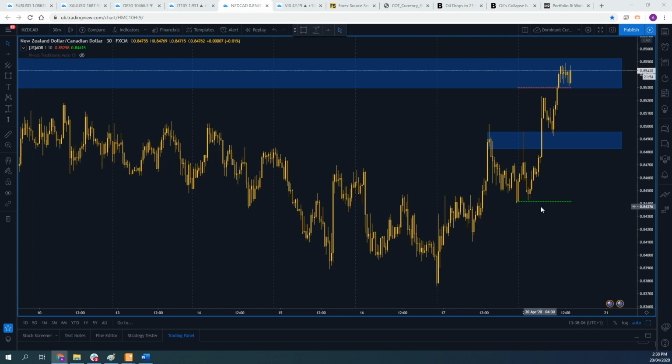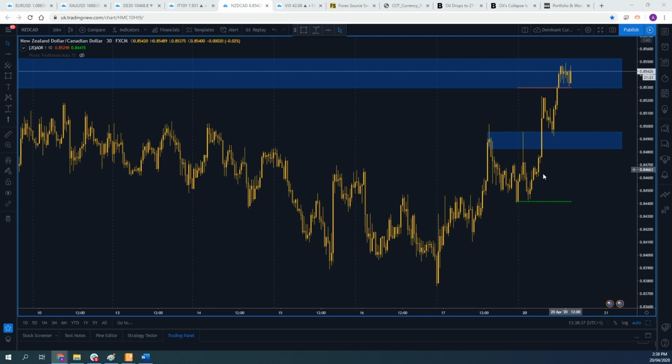So whenever we look at potential ranges for entries and exits on a particular pair, we can look at the NZD CAD for today, for example. Whenever we look at potential entries and exits, we obviously consider all the technical things above, but we also try to stay within that ADR or average daily range. Now, for those of you that don't know, the ADR basically just tracks the average daily range or probable range of a pair or instrument that it can have in any particular trading day, and it's based on a predefined